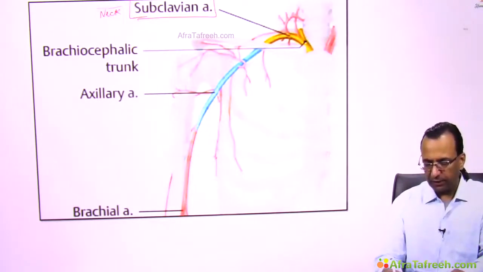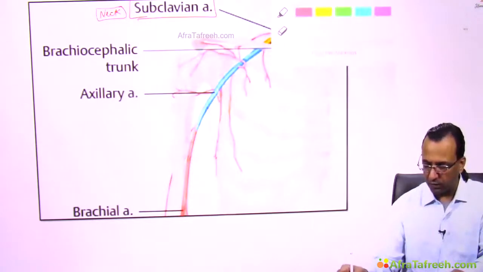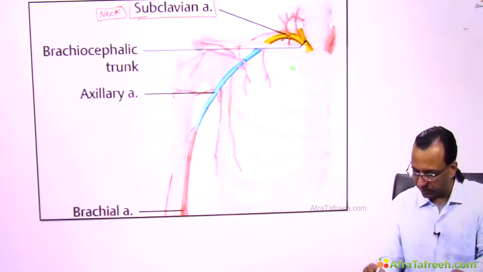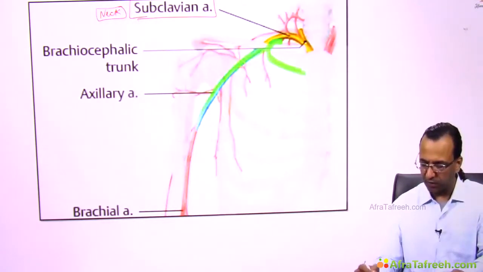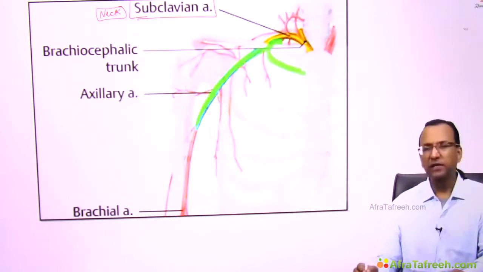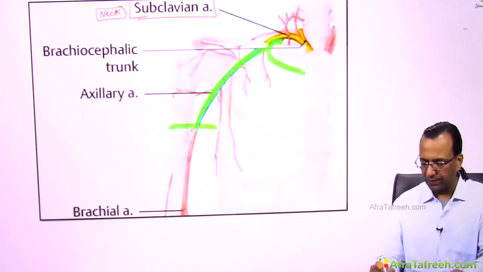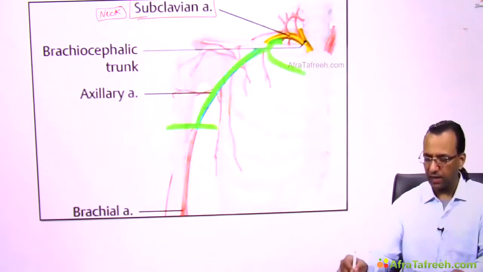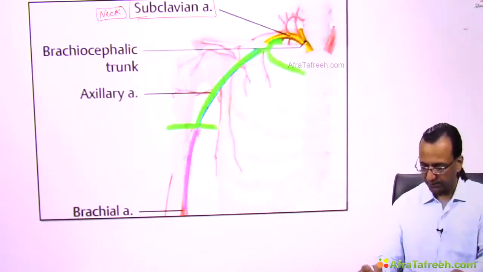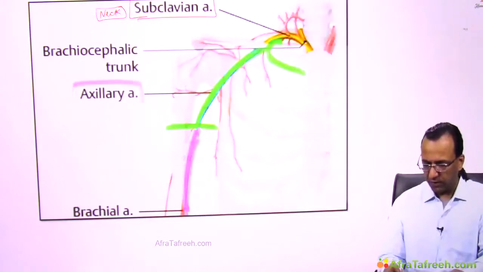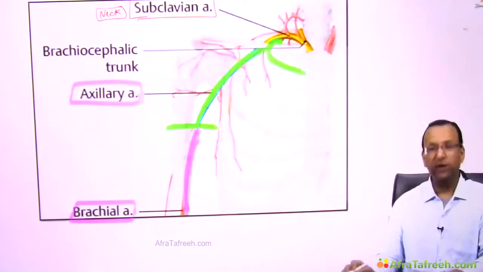And when it is passing the outer border of the first rib, here is the first rib attaching. As it is crossing the outer border of the first rib, it will enter the axilla and it is called the axillary artery. This axillary artery crossing the lower border of teres major enters the arm, and then it is called the brachial artery. So the axillary artery continues as the brachial artery, and also remember 6 branches from the axillary